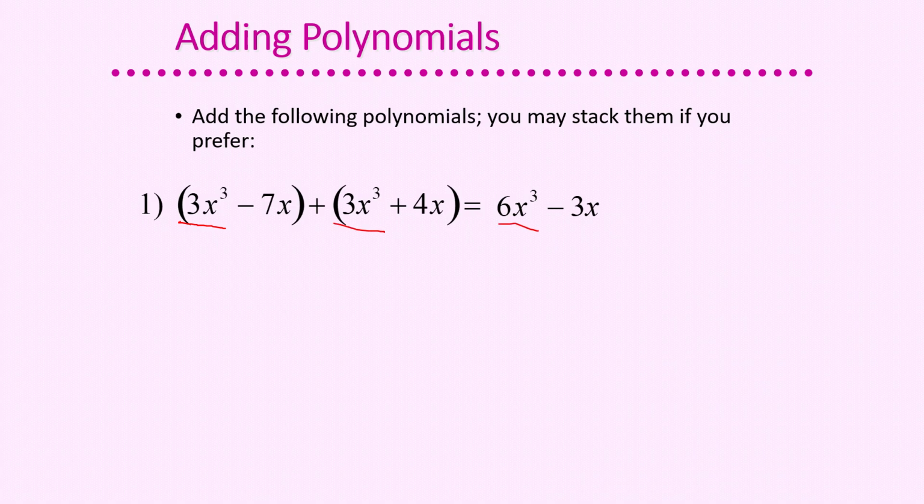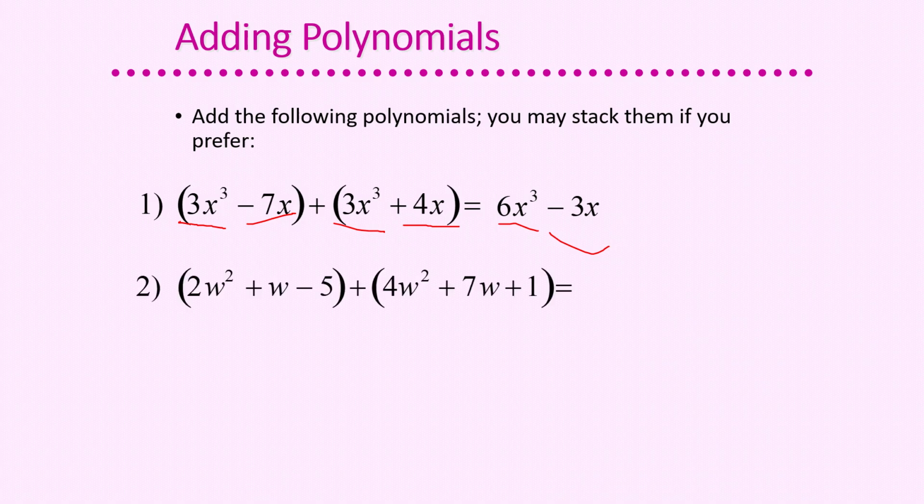And then negative 7x plus 4x. Since they have different signs, we subtract and copy the sign of the larger number. That's why we got negative 3x. Next, we have here